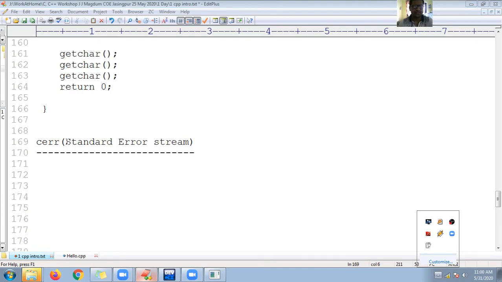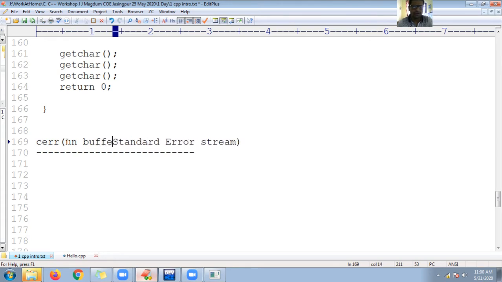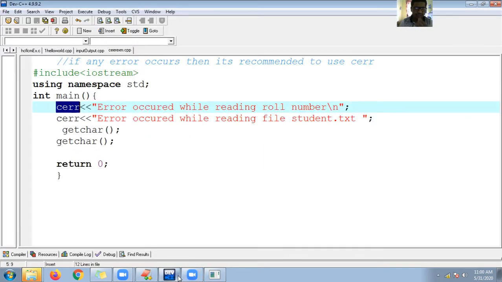So guys, you can see here cerr is an unbuffered stream, you can call it the unbuffered standard error stream. Okay, so how can you go for a buffered stream? So this is the example to work with the unbuffered. Just give me 2 minutes, I'll finish this. So this is unbuffered.